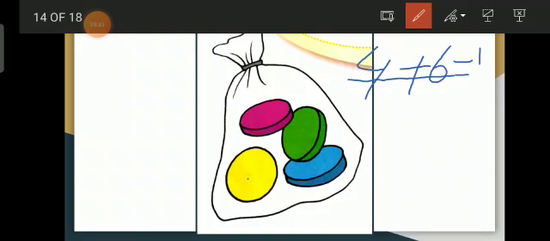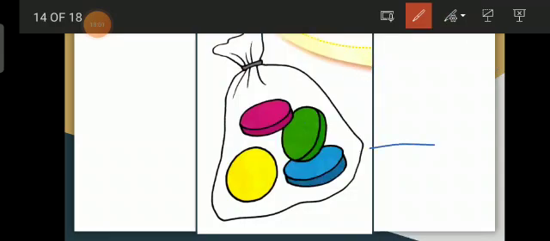Now here I will write down the altogether answer, that is 10. 4 plus 6 gives us altogether the answer 10. Very good. This is how on the small line you are going to write down 4 plus 6 equals 10. This addition sentence you are going to write down to complete your answer. Now move to the next one.